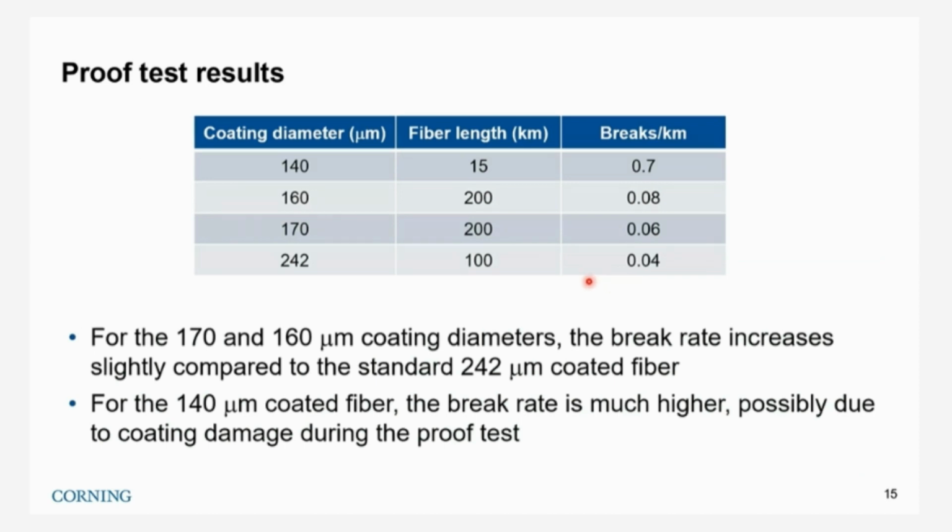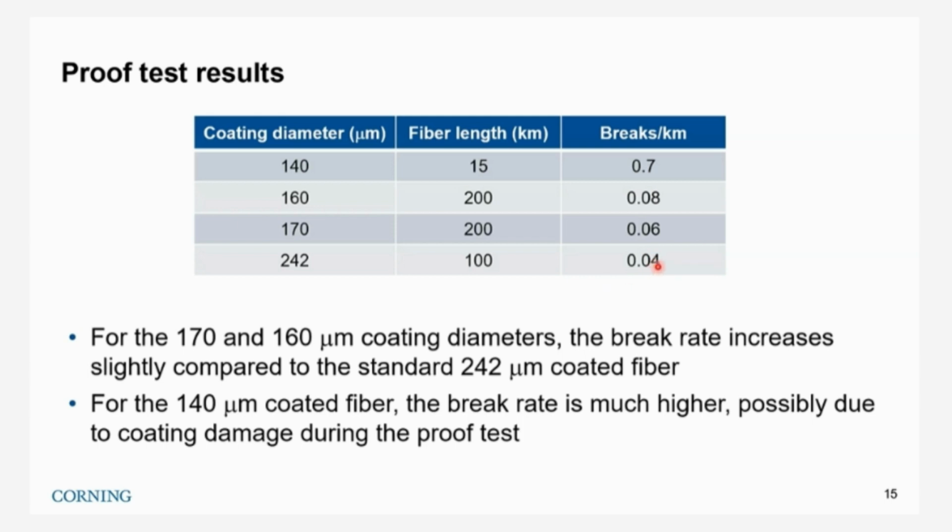So we also did proof tests on the fiber with coating diameters from 140 to about 170. For the 160 and 170 micron coating diameter, the break rate increased slightly compared to the standard 242 micron. We think we can improve the break rate to a level similar to the standard coating diameter by improving the